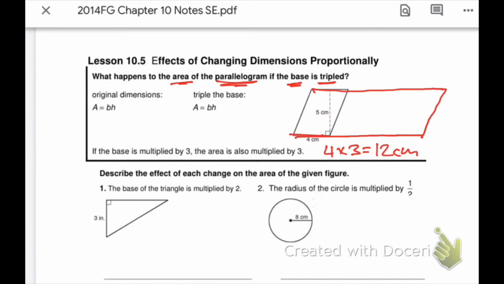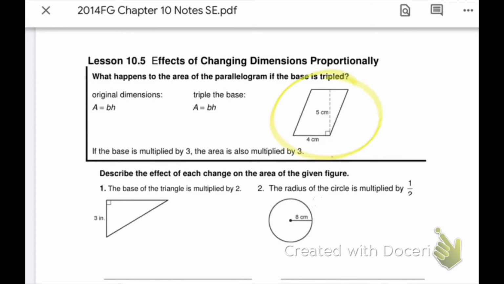So really, this isn't too difficult to do. There's a few different ways you can do it. Obviously, we can look at more complicated examples, but let's start basic. So if I'm going to calculate the area, let me erase some of this. Let's start with this shape. Just calculate the area of my original shape with the original dimensions. So the formula to calculate the area of the parallelogram is just base times height. So the base is 4, the height is 5. So I get 20 centimeters squared. That is the area